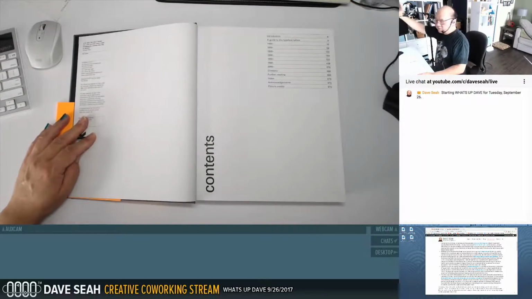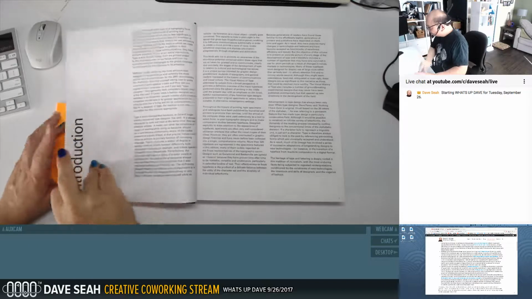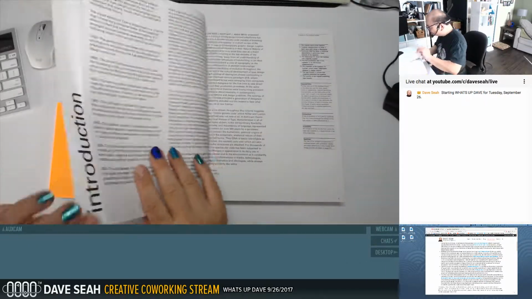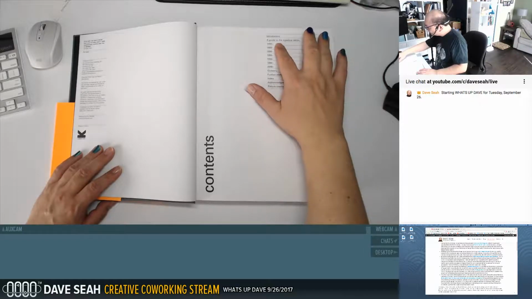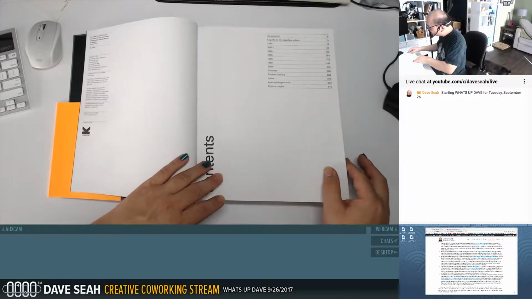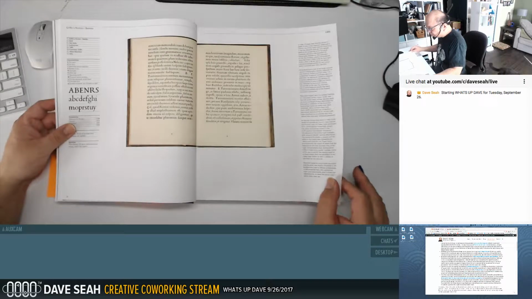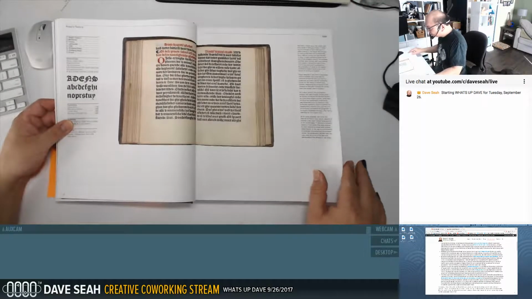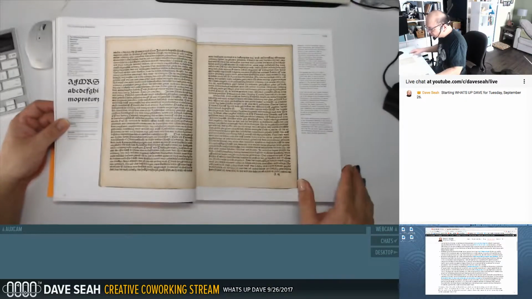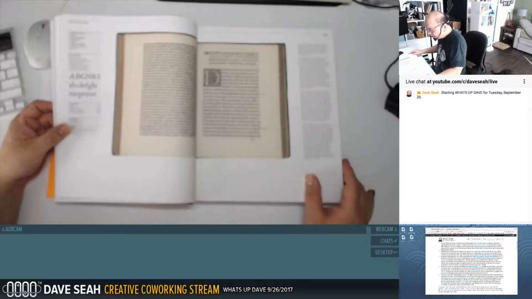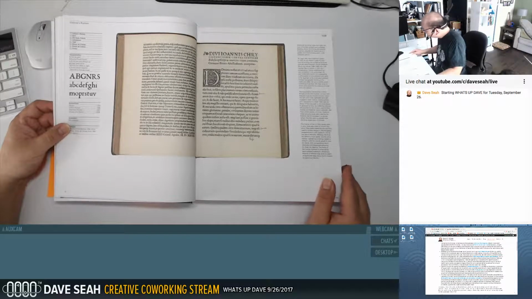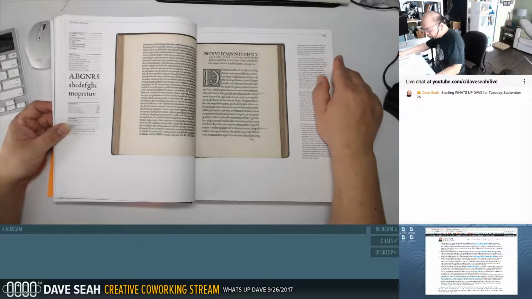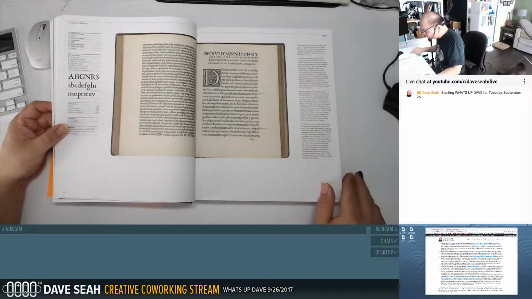Okay, it helps a little bit. I've read about this on some online sites. But a guide to typeface tables from the 1450s to 2000 plus. It's a kind of coffee table book reference. And yeah, this is a nice type specimen. I've had a few good type specimens in the past, but this one I think has the history that I now like, and it's a nice big format.